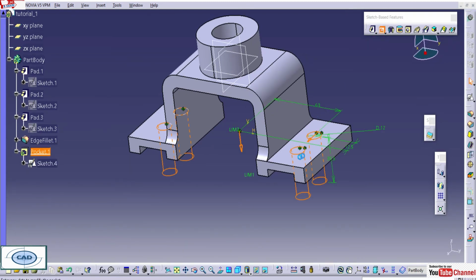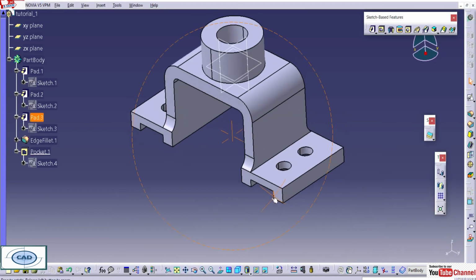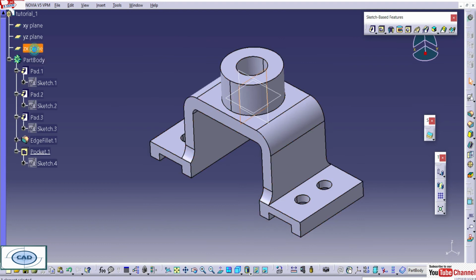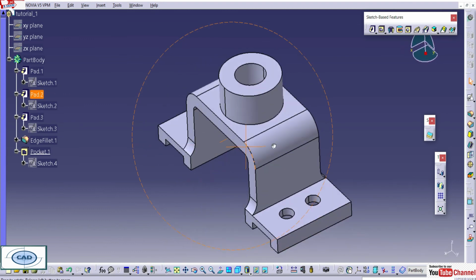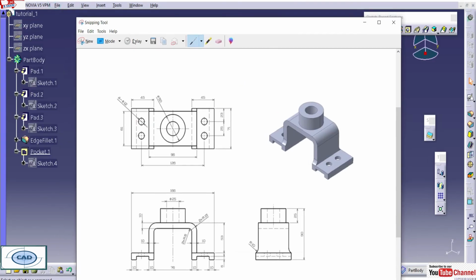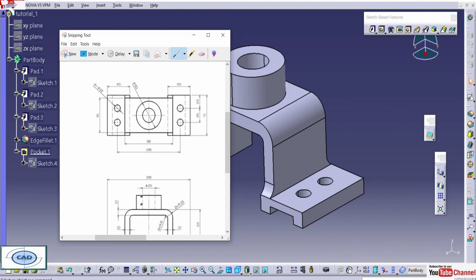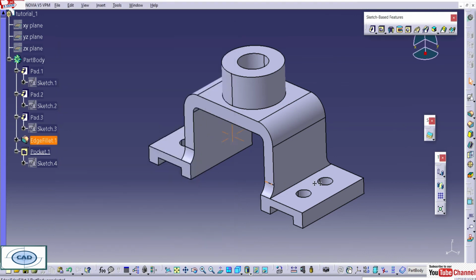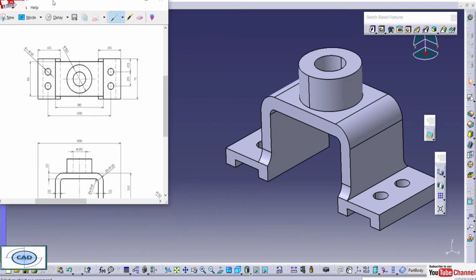As in the previous video, we already covered the pad, pocket, and the revolve command. So this tutorial totally depends on those. So here the total tutorial task is completed, you can see. So exactly we will match with respect to the task and whatever output we have. So here are all the results.